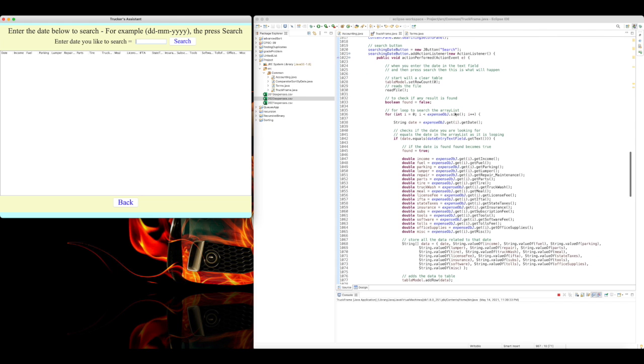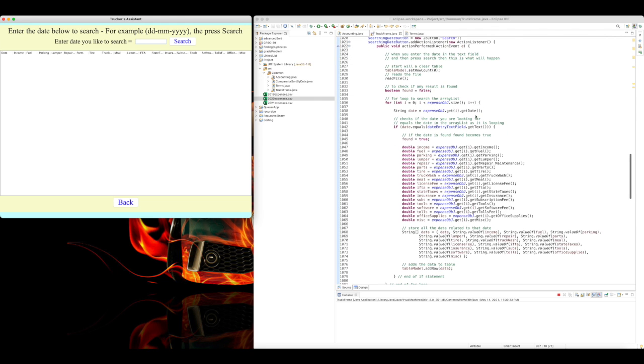Whatever the index i is, it gets the date object from that and sets the string date equal to that object, each time it runs. Then there's an if statement: whatever date you enter here, if that equals the object it's getting from the getDate function,